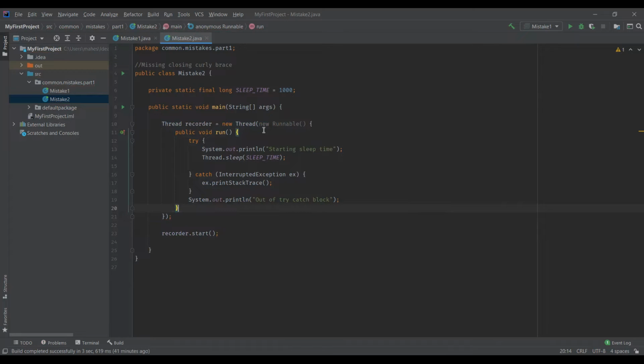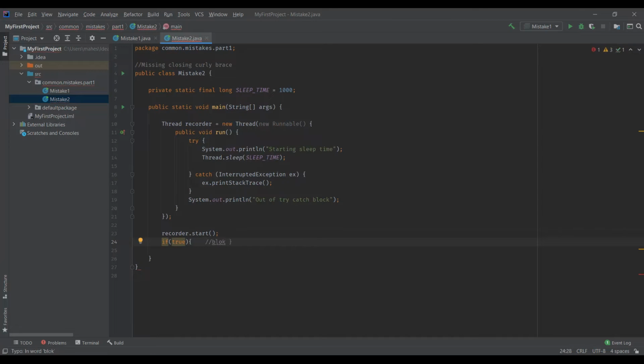If you write a program in a notepad or a text file, it becomes very difficult to identify these types of mistakes. To avoid this mistake, for example, if you want to write an if block, always insert your closing curly brace when you open it. I open the curly brace, have the closing curly brace right here itself, and then write the block of code. This is how we can avoid the mistake.